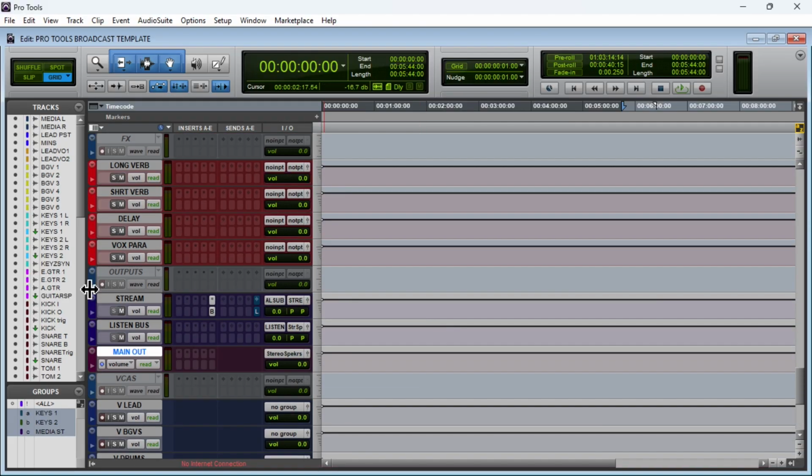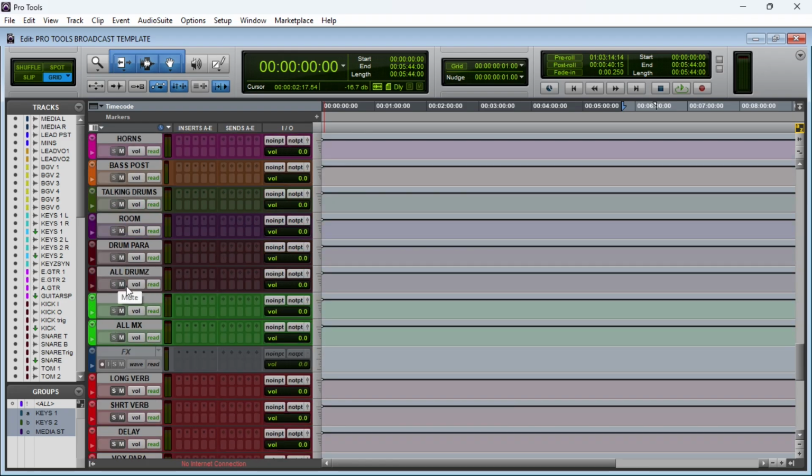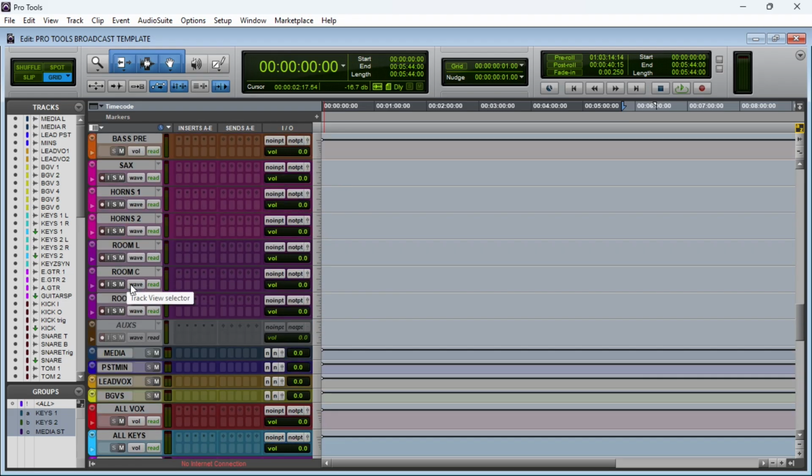Because we don't have a listen bus, we have to make a mirror copy of what we want to listen to and then send it to a listen bus. So if you want to listen to the whole sound, you're going to be activating this listen bus. But if you just want to listen to a particular one, because for any reason, when you are